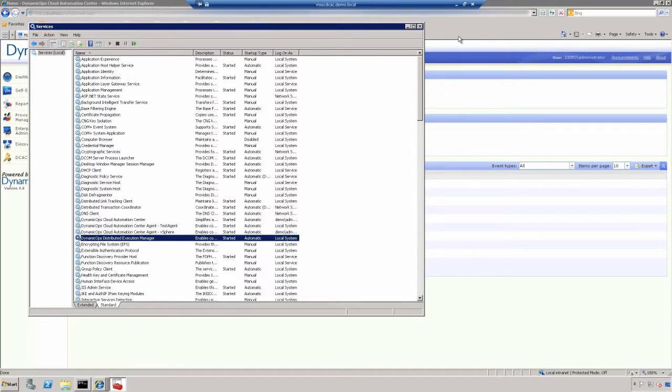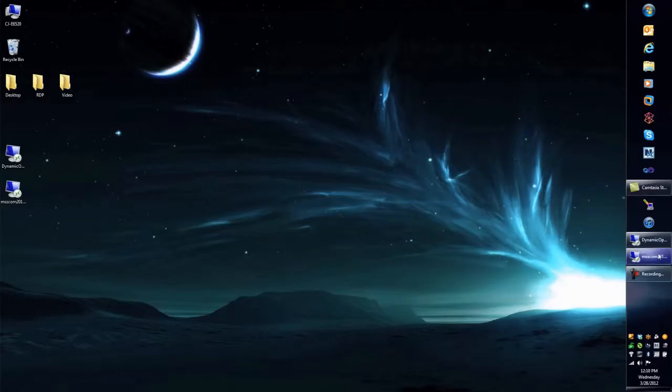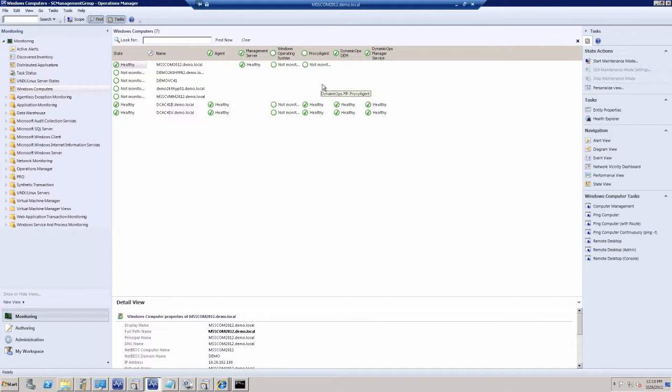So now if I flip out of here and move over to my Operations Manager console, we've actually built a management pack for Dynamic Ops that integrates with System Center Operations Manager. So now the first thing we're going to see here is the actual monitoring and health state of the systems. So up here you can see we have our Dynamic Ops Distributed Execution Manager, or DEM, and our Manager service. Now right now you can see that they're actually healthy, which they should be.